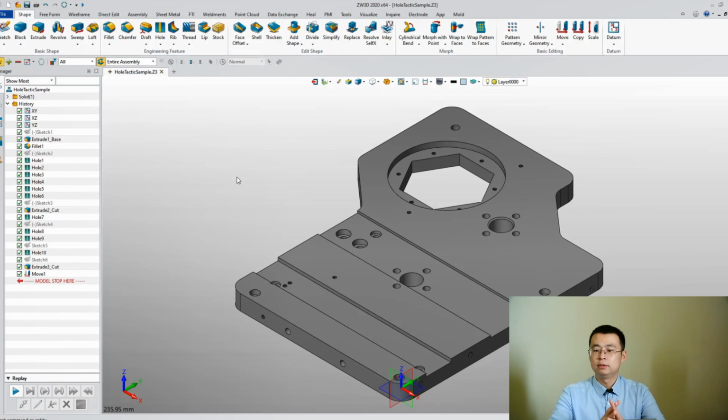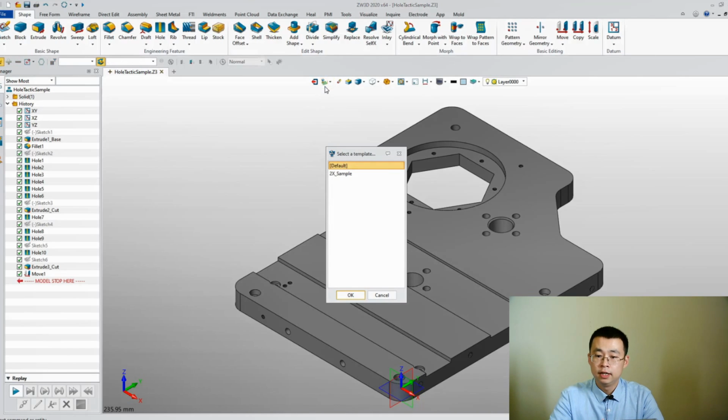Okay, for example, I have a workpiece like this on the screen. It is designed by the 3D CAD functions. It has several planar faces and a lot of holes. And now I'm going to mill it. Clicking on the green button will create a CAM plan based on the model. If you already created a CAM plan, this button will directly switch to it.